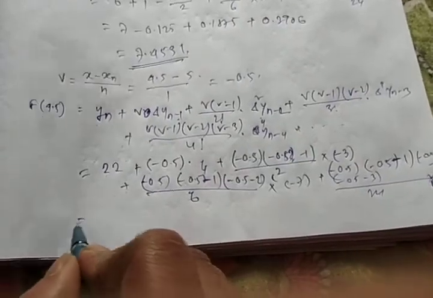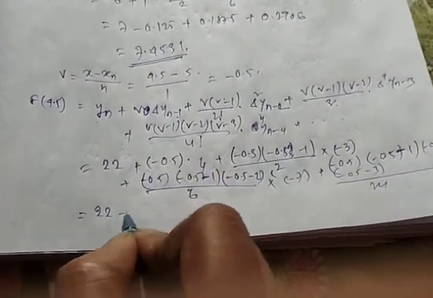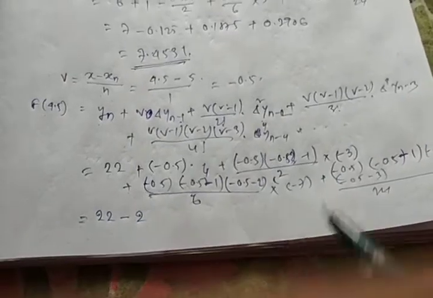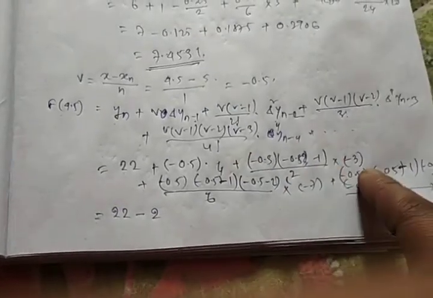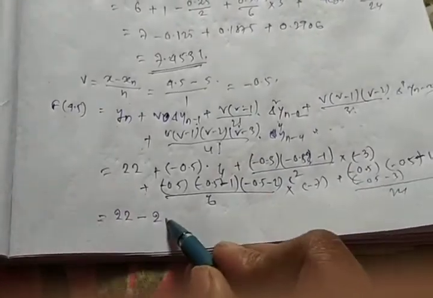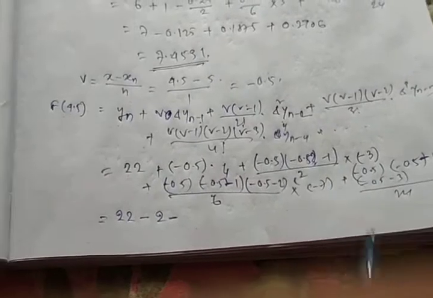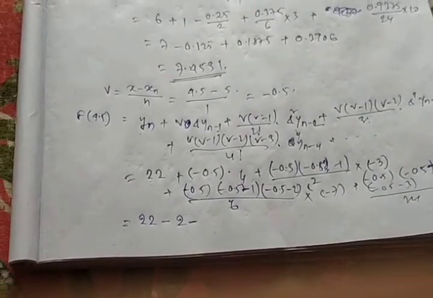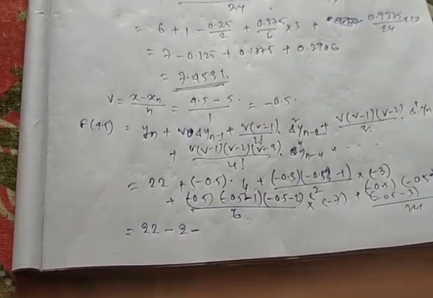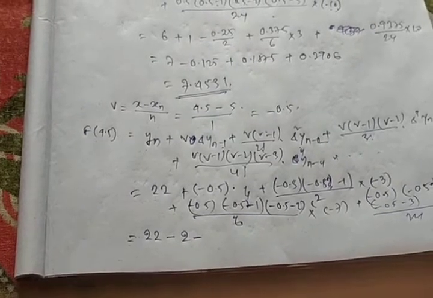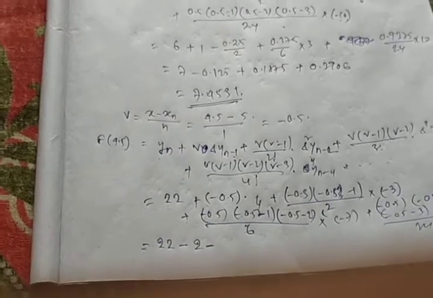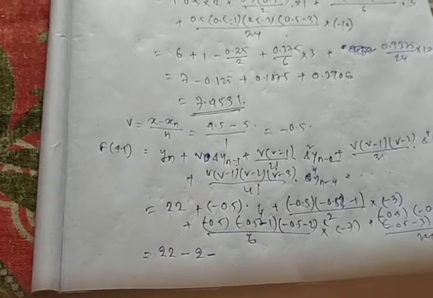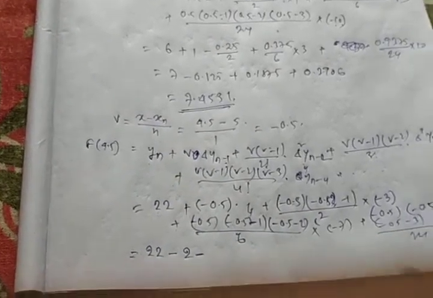So first, 22 minus 4 multiplied by 0.5, this will be 2. The signs are both minus, so we get a minus. And 0.5 into 1.5, into 3 divided by 2,